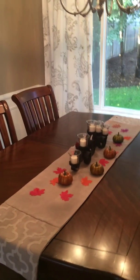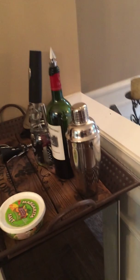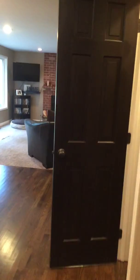I mean, it's not going to fit a massive table, but I think if your table doesn't fit in here, that's a pretty dang big table, to be honest. I have a little bar here. I actually just saw this. This is cute. It's a wine fridge. Anyways, moving on. So into the kitchen, but I'm going to go past it and then turn around so that